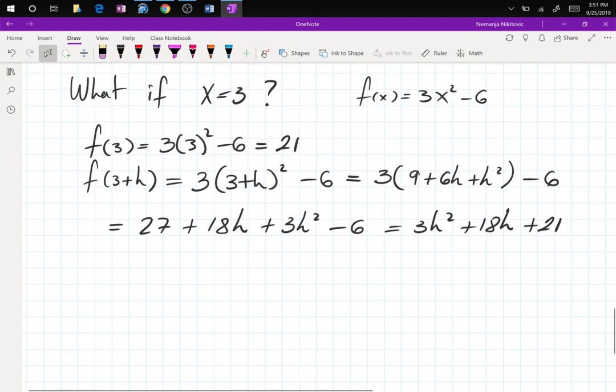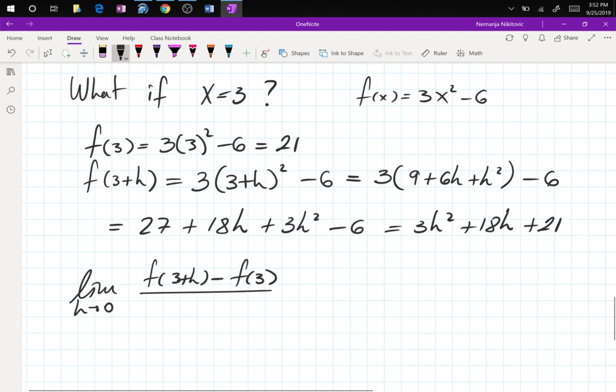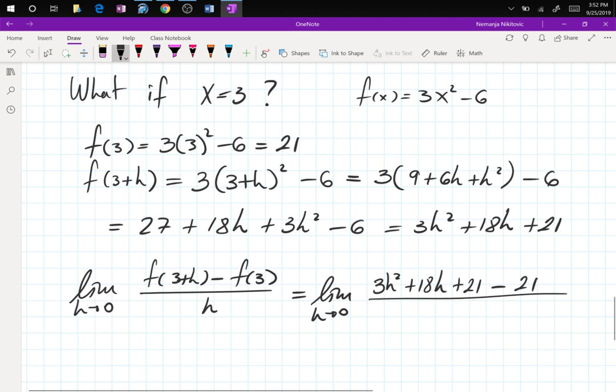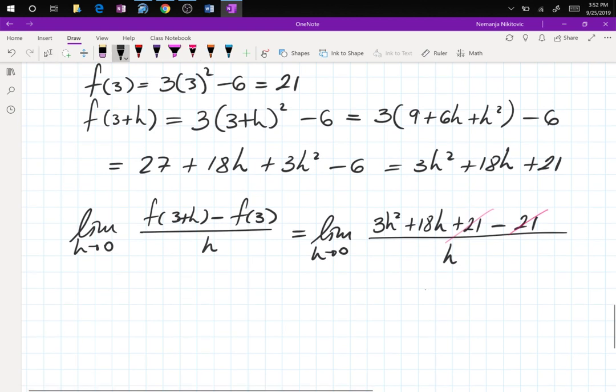And now you have all of the ingredients to run the limit of h goes to 0, f of 3 plus h minus f of 3 divided by h, which now we plug in all of the components we have. So I have f of 3 plus h is 3h squared plus 18h plus 21. And then you have minus f of 3, which is 21, divided by h. These guys cancel, and we get